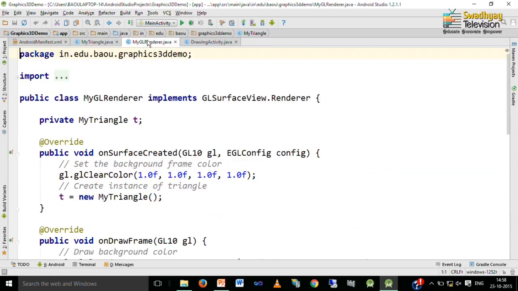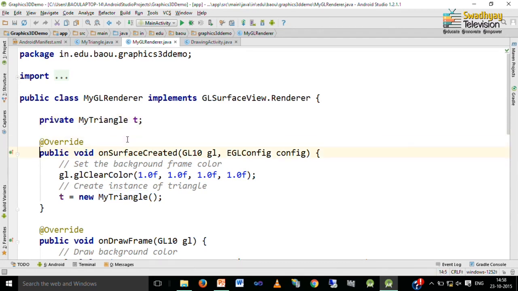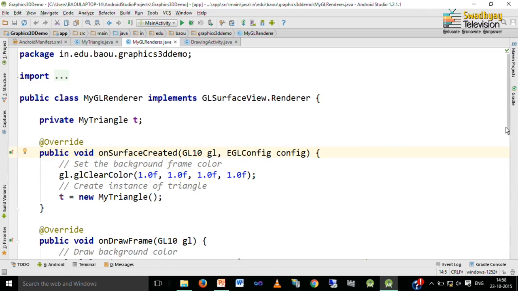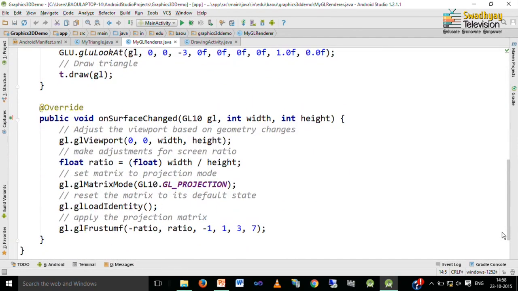Here is our renderer class, which implements the GLSurfaceView.Renderer interface, and here we declare one object of type MyTriangle, which specifies the triangle to be drawn. We discussed these 3 methods, onSurfaceCreated, onDrawFrame and onSurfaceChanged, in theory.